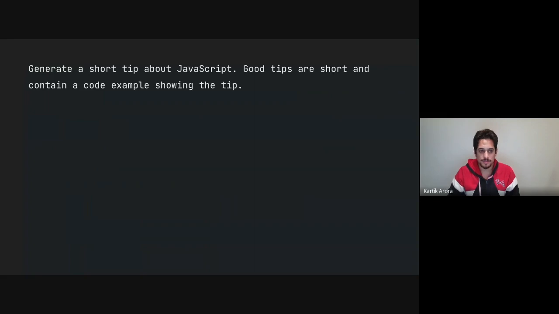Let's imagine something else: that you run a JavaScript daily tip newsletter, but you're running short of examples. So you can ask Gemini to start generating tips for you, and you can put them in your newsletter and do your task. Or you can use this further to build an API within your newsletter software so that it generates it automatically and sends it over.